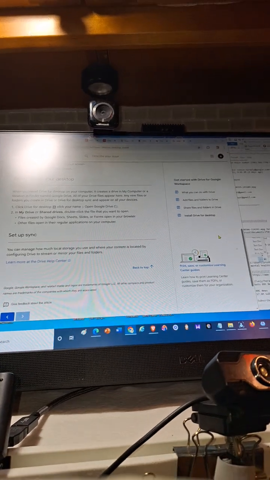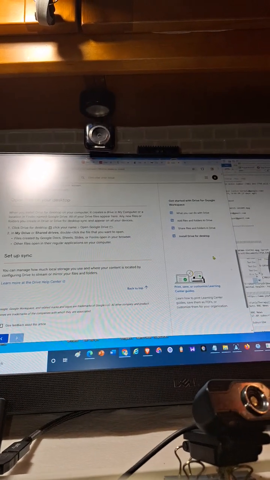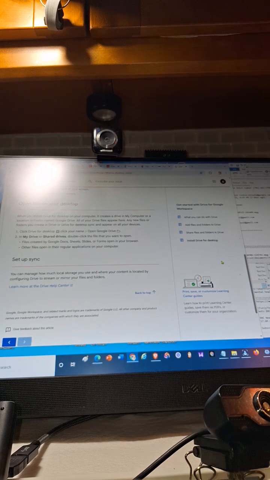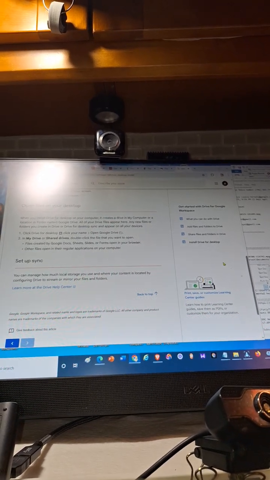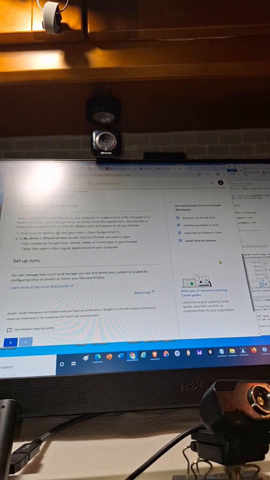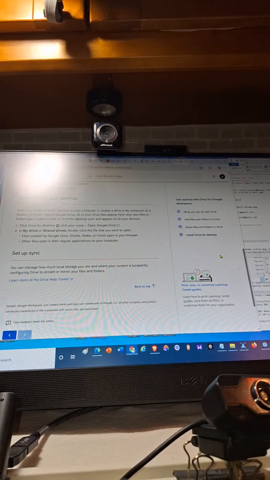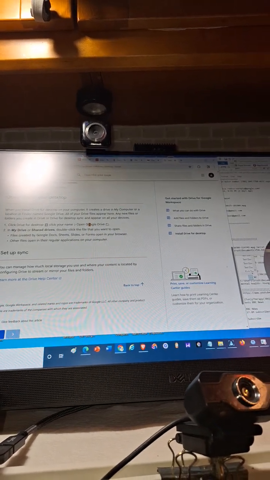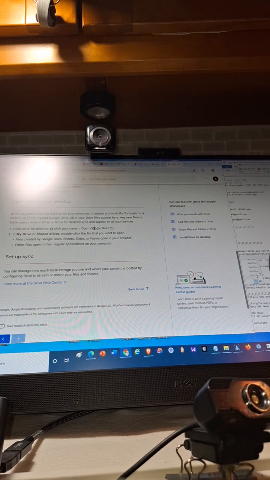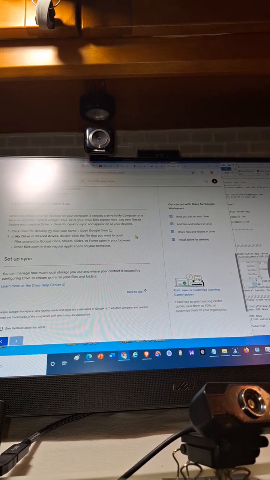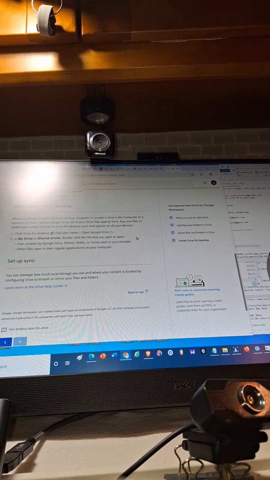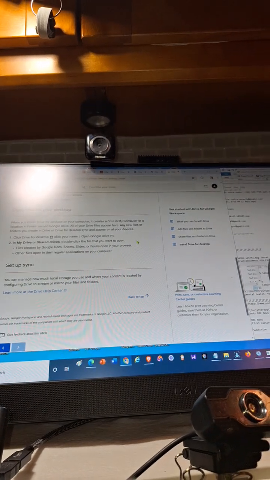All your Drive files appear there. Any new files, folders you create in Drive, click Drive for desktop, click your name in My Drive or Share Drive, double click that you want to open Google Doc Sheets,